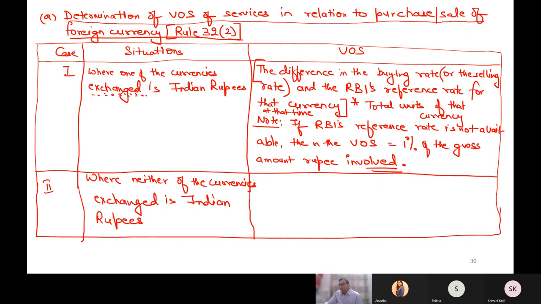Suppose dollar into pound is going on, then what will happen? Then you have to assume that had these currencies been converted into Indian rupee, what would have been the figure, and then you have to take the least figure into 1%. So I can say the value of supply is 1% of the lesser of the two amounts,